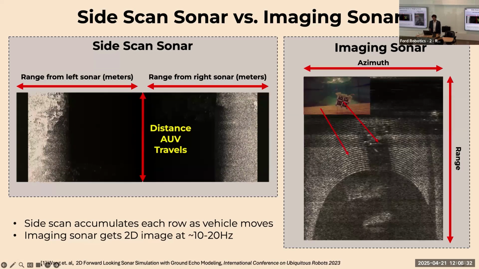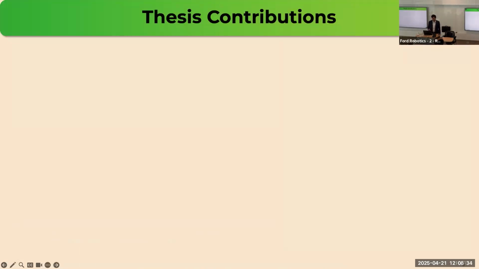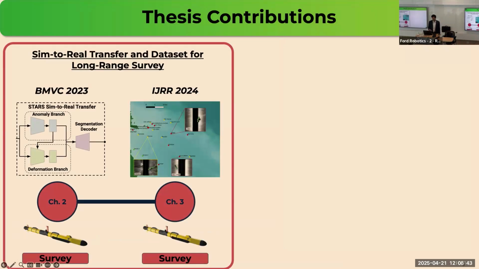So this dissertation aims to improve the state of the art in the survey, reacquisition, and inspection pipeline in order to speed up the search for objects at sea. First, we present a novel method for sim-to-real transfer using side-scan sonar images, exhibiting improved performance for segmentation tasks. Then we contribute a new dataset for side-scan sonar segmentation with a diverse set of shipwrecks and environments collected from fieldwork over the course of 5 weeks and 2 years.